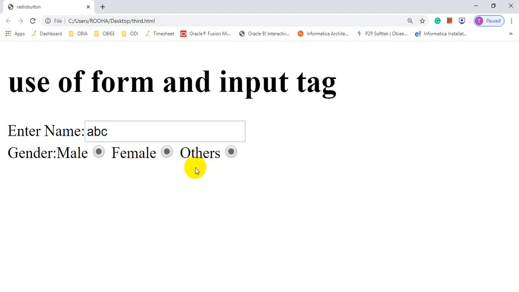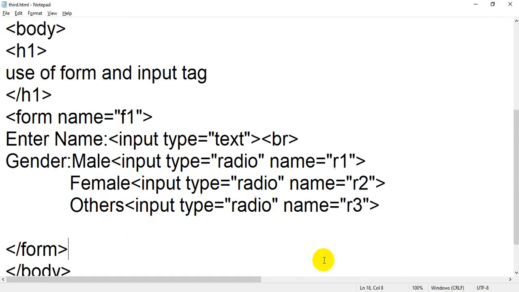I have used the name attribute, but still I did not get my result. All three option buttons are selected, which is not possible. Am I correct? Yes. I have intentionally given different names so you can get a clear picture of the radio button. If you are going to create a group of radio buttons in which we select a single button or single value, in that case you have to assign a similar name to all the radio buttons. So you have to assign the same name to all the radio buttons.